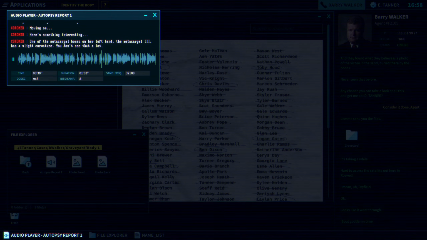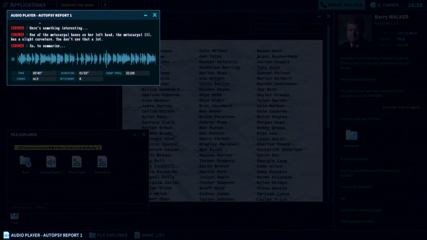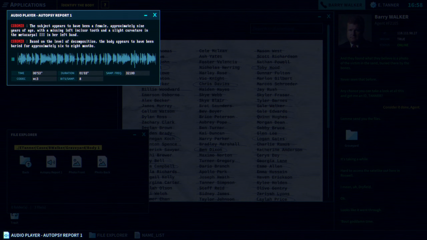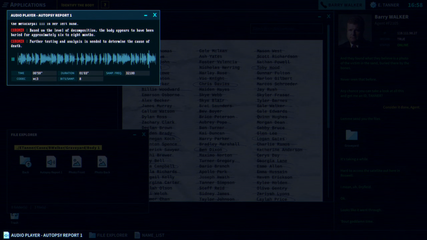You don't see that a lot. So, to summarize, the subject appears to have been a female, approximately 9 years of age, with a missing left incisor tooth and a slight curvature in the metacarpal 3 in her left hand. Based on the level of decomposition, the body appears to have been buried for approximately 6 to 8 months. Further testing and analysis is needed to determine the cause of death.